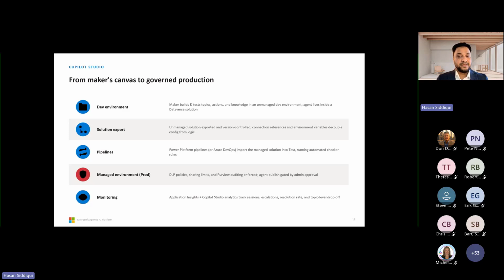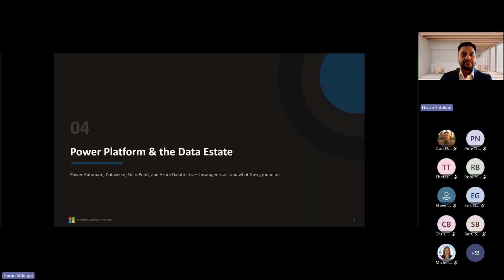If you want deeper CI/CD, the managed solution goes into test, running solution checker, which you can manage through ALM, the same way we move a Power Platform app, flows, or anything. So we can easily explain this in five aspects.